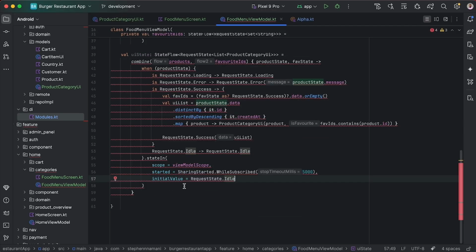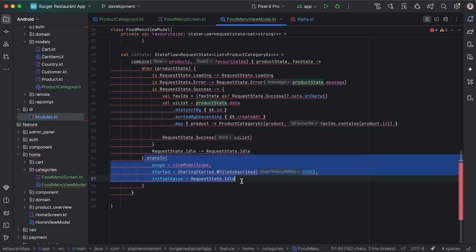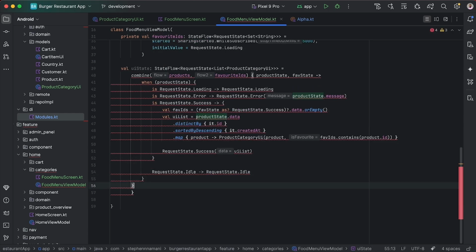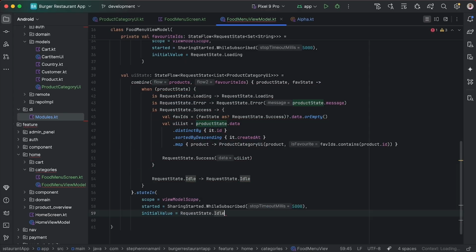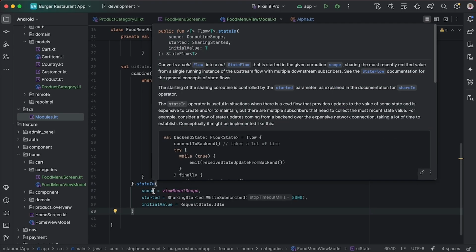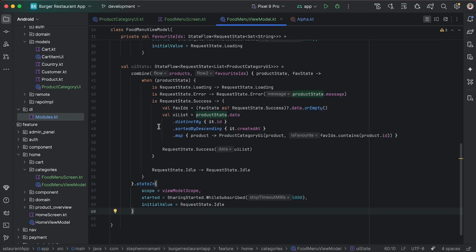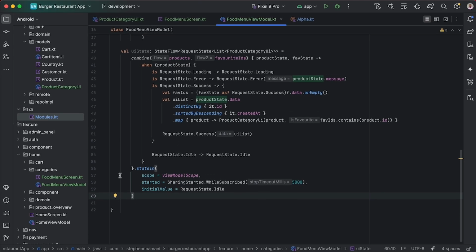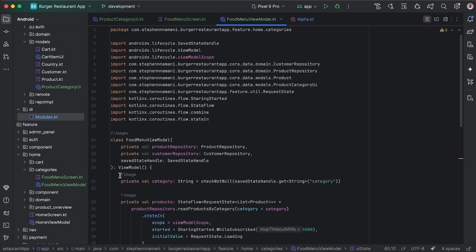So I missed out something here. This is not supposed to be here. Cut that out. So we're missing. So paste our state in here. Yeah, this is where we're supposed to have our state in. So here, close this off. Yes. So now we have created our UI state that we can read in our UI to get the